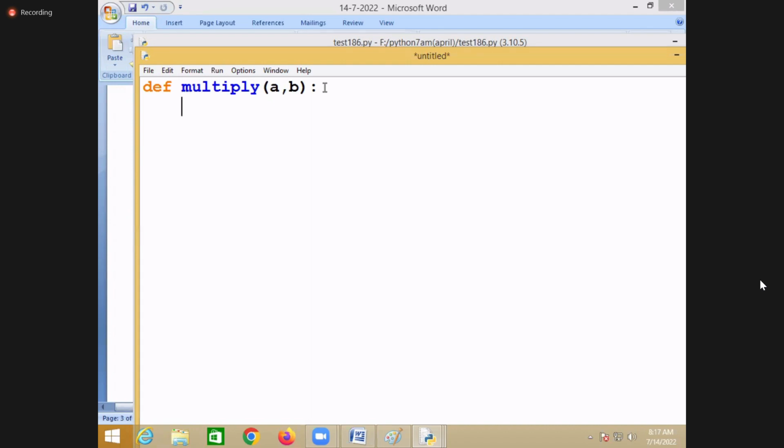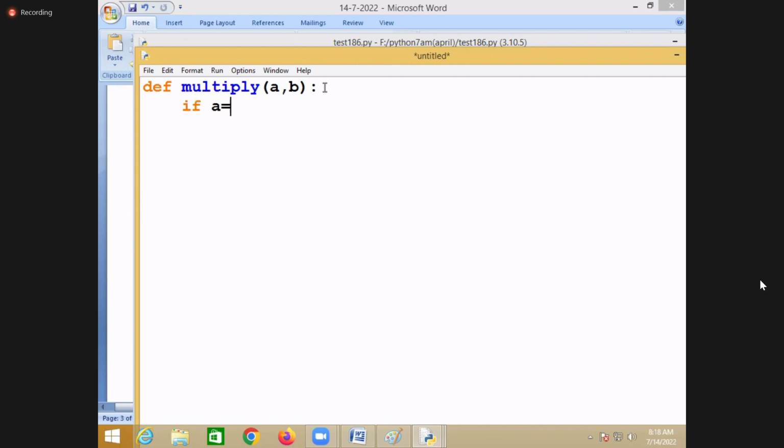If A is zero or B is zero, the multiplier should not be zero. The condition is that the multiplier should not be zero. If you try to input either A value as 0 or B value as 0, then this multiply function should generate an error.